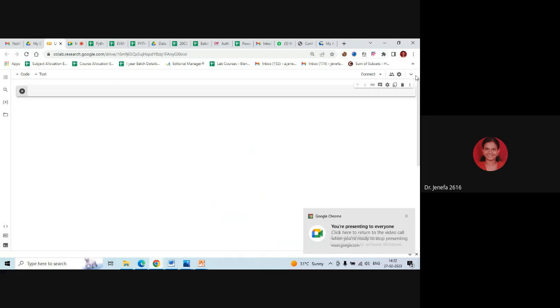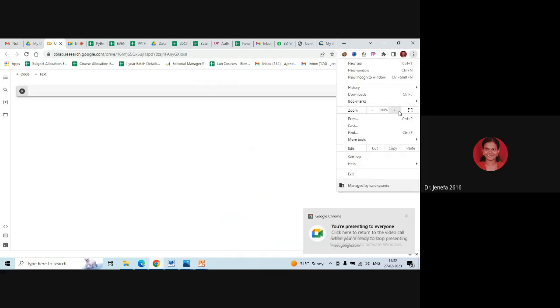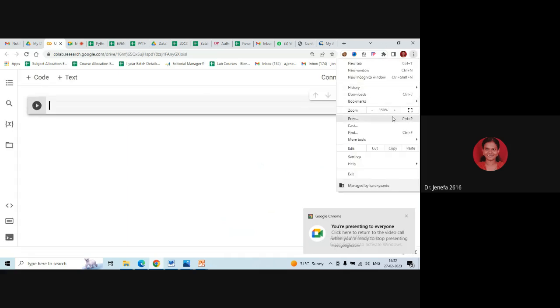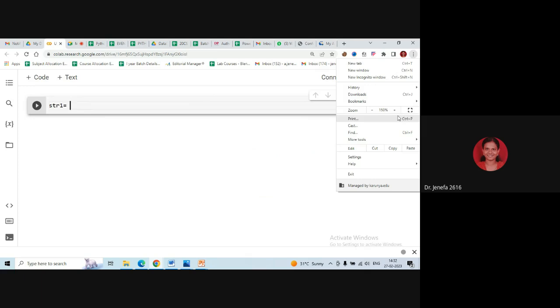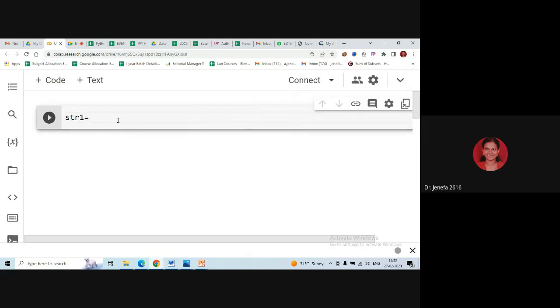Okay, so now we are going to see how we can execute the string logic in Google Colab. We have a string value. The string will be str1. Now I'm going to assign the string value of civil department. If you want to join two strings, say this